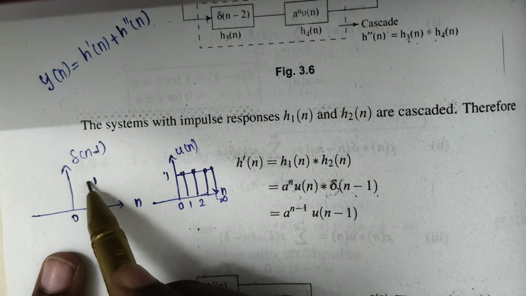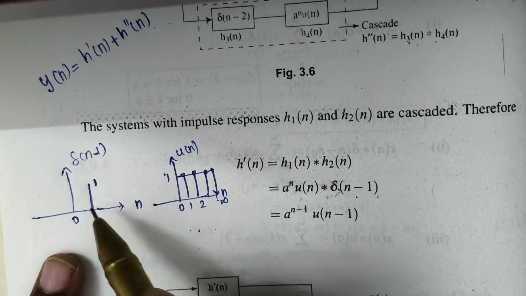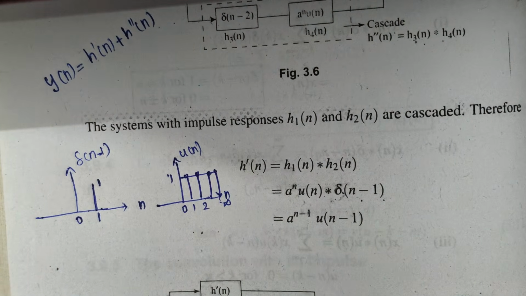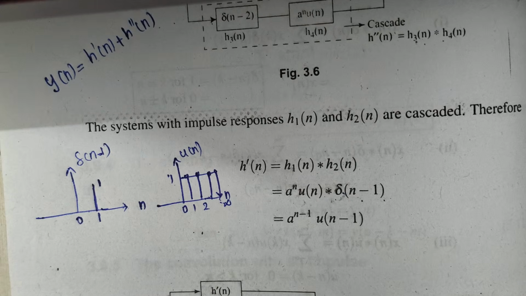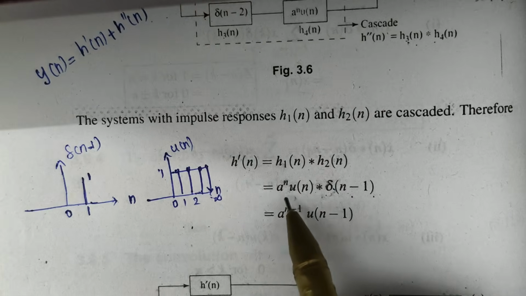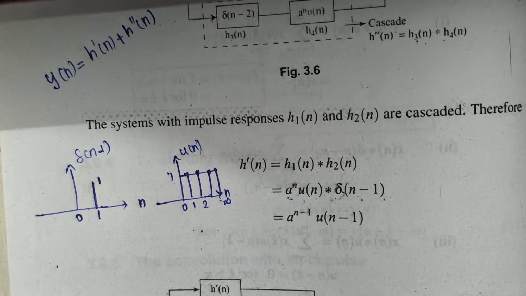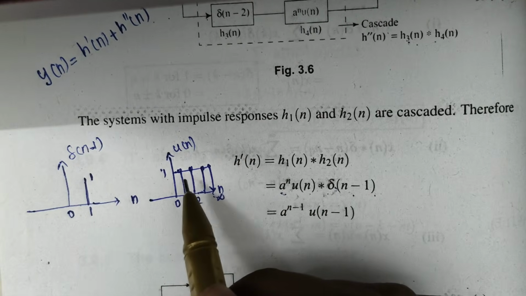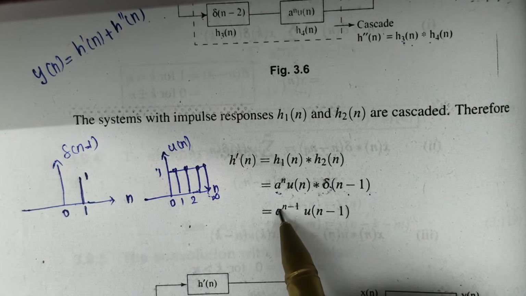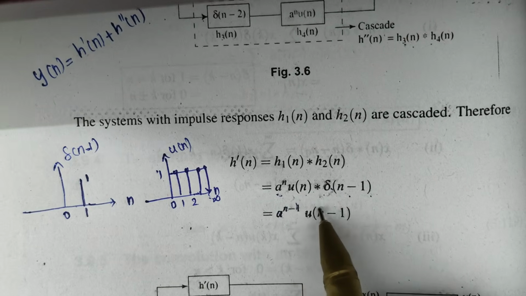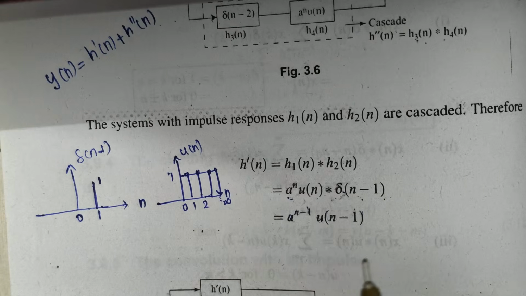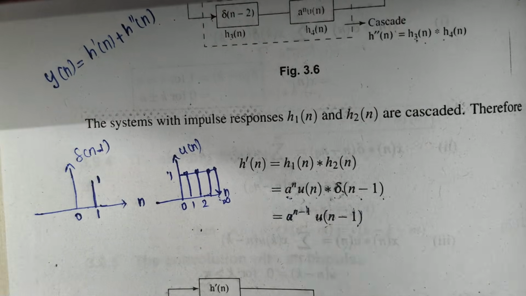Okay, since I have a time shifted version here, what does convolution actually do? It just provides the output only in the place where the overlap actually occurs. Am I correct? Yes. So if I time shift this signal, it will shift towards the positive side, so I'll have only the overlap at that point. That is the reason I have a to the power of n minus 1 u of n minus 1, because the signal actually overlaps only at that point. Only at n minus 1 the signal overlaps.